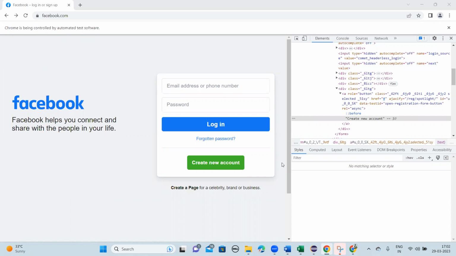Ganesh, yes, sir. I tried with ID, sir, but it didn't come. Not with ID. Why are you trying with ID? Since it is a link, right? It is a link element, right? Now I'm doing with the link. Use link text. See, that is why I asked you